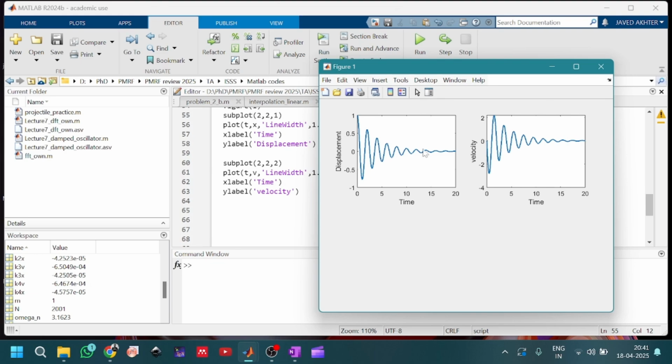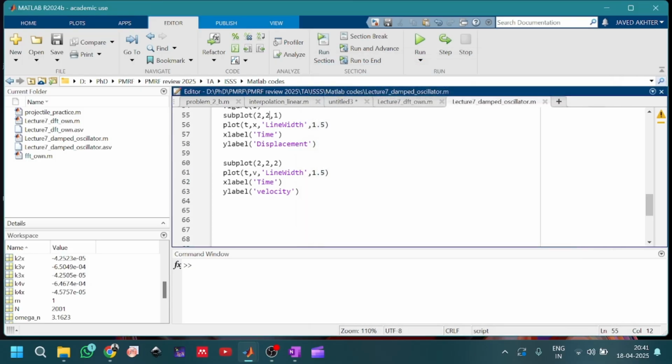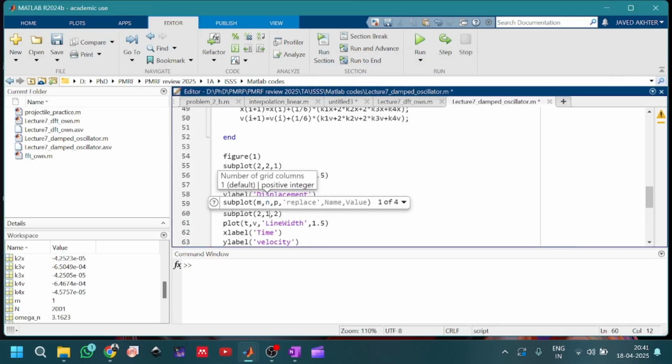So this is the number of rows. So there will be space for two rows and space for two columns. And in the first element you plot this, in the second element you plot this. So you can plot multiple things in the same figure also in this way. So okay, this is with a subplot, and now let me show you how you can compute the Fourier